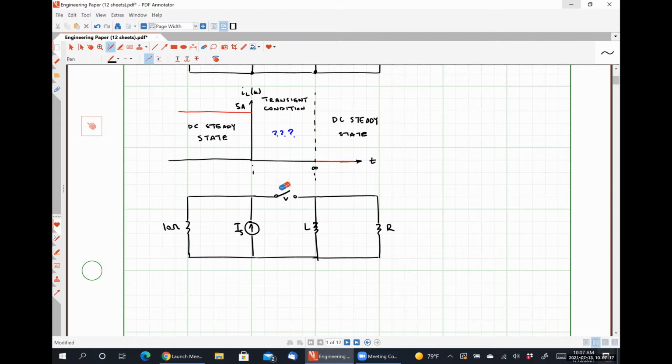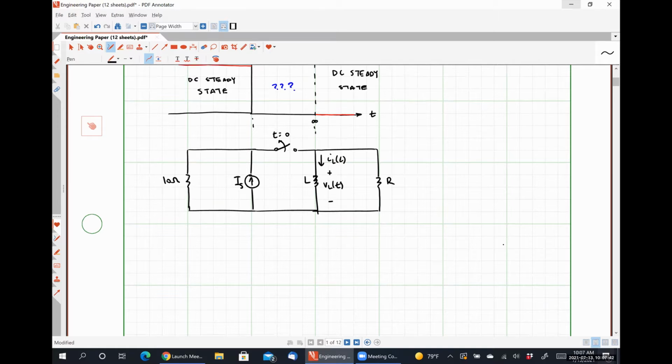Sorry, actually, I want my switch to be opening, not closing, at t is equal to 0. And let's define my inductor current IL of t in this direction such that my voltage VL of t has this particular polarity. All right. So immediately after